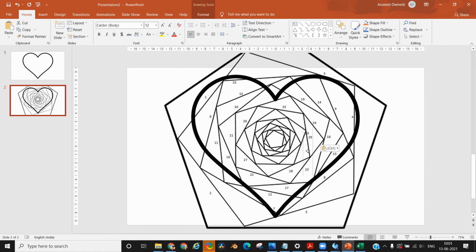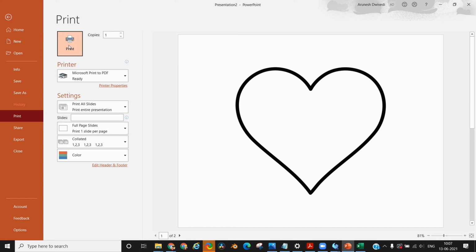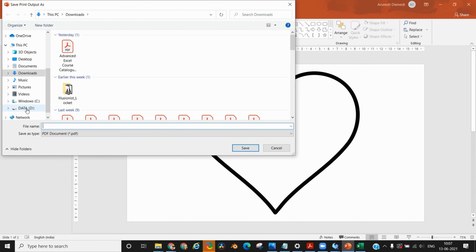Even if an edge is falling outside of the outline image, still number it so that the sequence is maintained. Once you're done with the numbering, then you can either print to PDF to create a PDF template for your craft, or you can directly take a printout on paper and start using it in your paper craft.